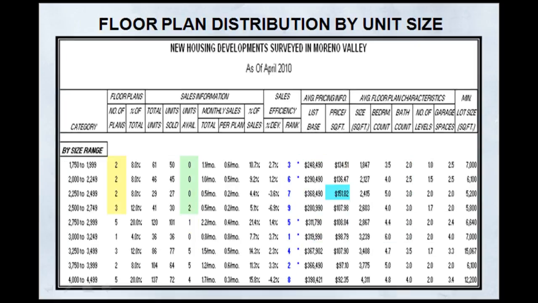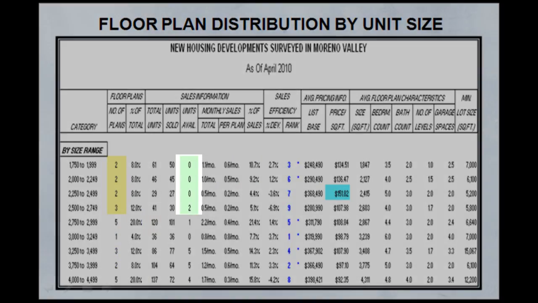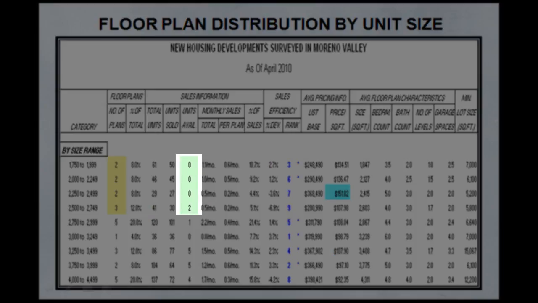Here's the unit size range distribution. This is just a carry forward from our previous slide. Look at the small units. There are no homes at 1,750 square feet to 1,999 available. None offered in smaller sizes. We should immediately go to those smaller home sizes and formulate a program that will resonate at the lower end of the market here. Look in green, no units to